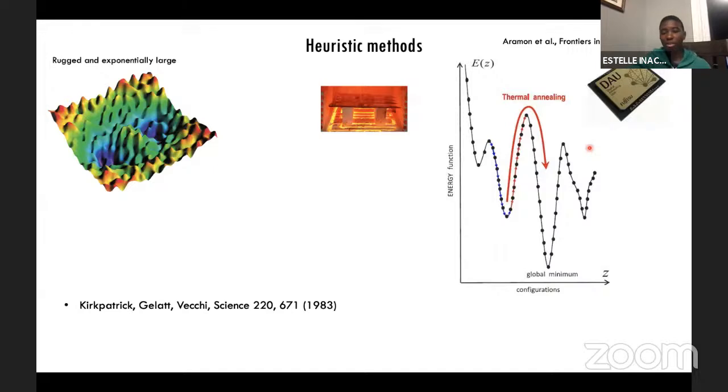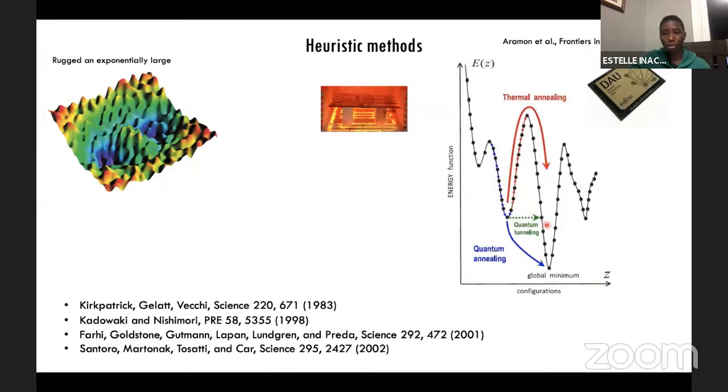Another paradigm is inspired by quantum mechanics, where instead of using thermally activated processes to overcome barriers, you could just tunnel through them by using the so-called quantum tunneling effect. And that gave rise to another heuristic method called quantum annealing. And this has also been realized on dedicated hardware. So typically for this D-Wave machine, for example, which is a quantum annealer, there are techniques that have been used to benchmark, first of all, how quantum it is and whether it does provide some sort of quantum advantage to solve optimization problems.